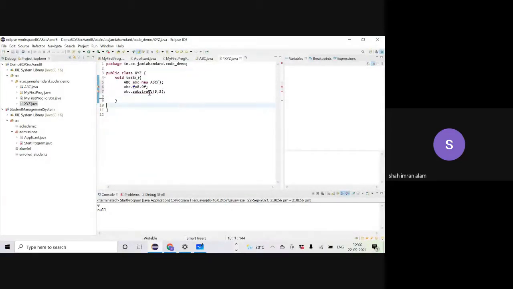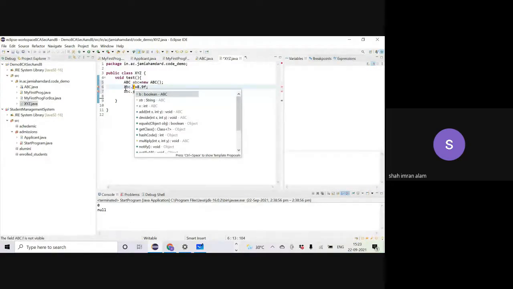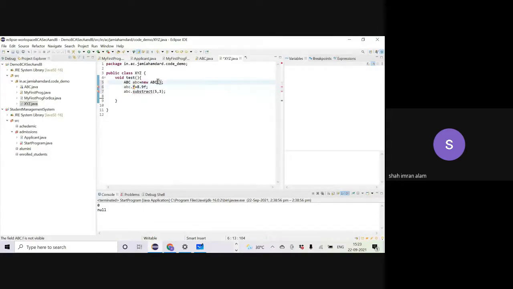So here if I want to access them, of course here I have to make a reference variable to access them. I cannot directly use them just by saying f is equal to 8.9f. I cannot do that because in that case I will get a different compilation error: f cannot be resolved to a variable. Okay, it is not able to resolve it at all, it is not understanding it as a variable, because if I want to indicate it's a variable of ABC, I will have to use the reference variable of ABC to access any of the methods or the variables of a particular object which is of a different class type. Okay. Now the error message changes.